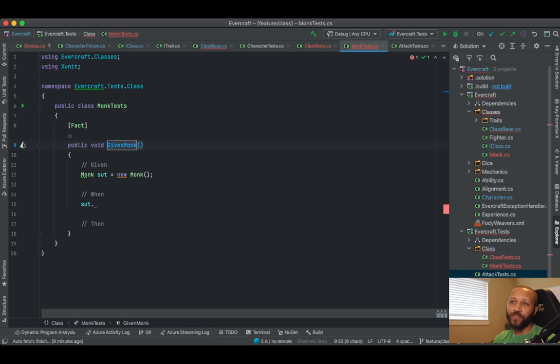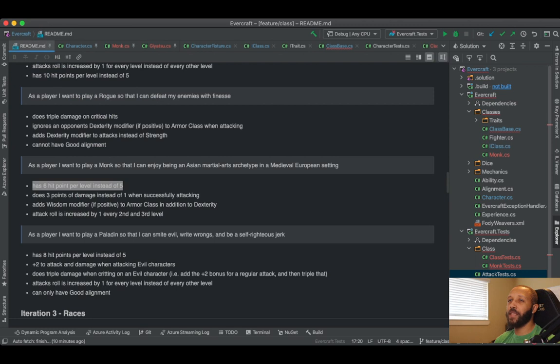We can just say when constructed even, right? By the time it's constructed, then character has 8 points, right? And we would expect, ooh, this is interesting. Now what we're saying is okay, I see what I'm doing here. Rodney's doing bad things. I'm trying to test integration stuff instead of looking at exactly what I'm going back to